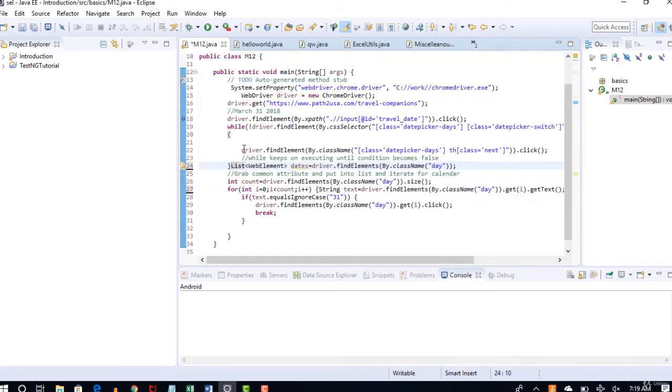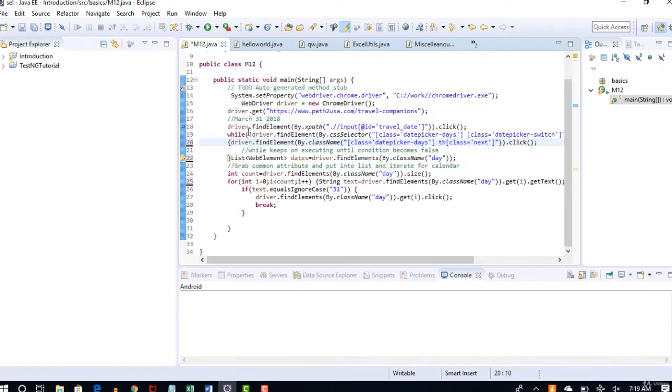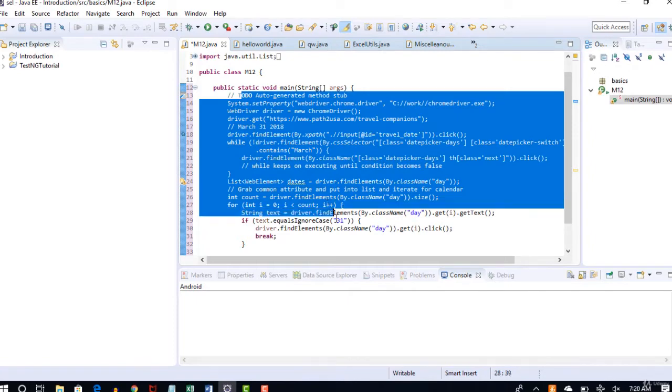Let me write this. Assume that your code is like this and you need to format it once an entire code is completed. So Control Shift F, you see that the format got changed. This will give you neat code alignment.